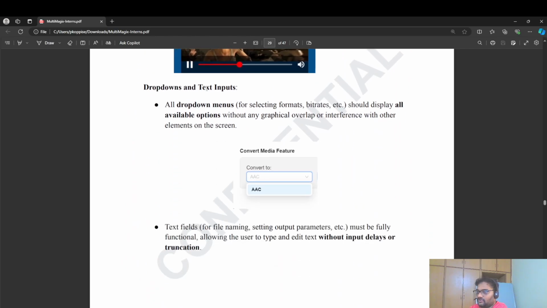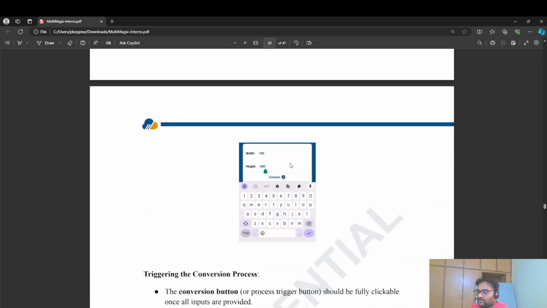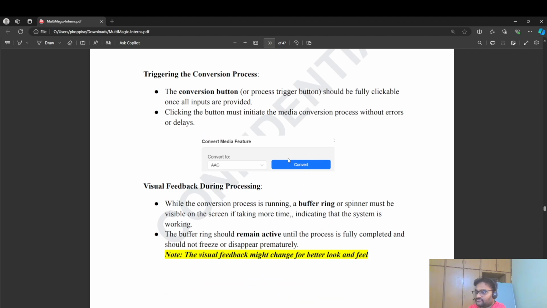And then all the drop down text should be working properly, it should be coming cleanly, and there should not be any overlap. Whatever text fields are there, the text should be coming properly, and the user should have a smooth interface. And then finally this should be in a blue color and highlighted, and this should be able to trigger the